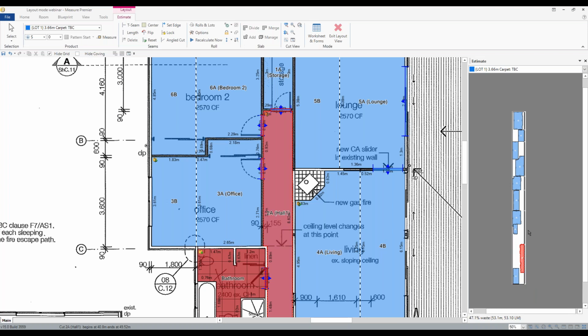What you'll probably find as you're working that out is you get to your layout and you think, yes, this is good, this is the best layout, but there might be some gaps throughout it. You might have something a little bit